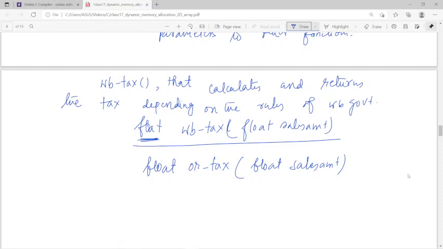So this is also another function, an Orissa tax function that calculates and returns the tax depending on the rules of the Orissa government. So to call the preceding functions we can write another function, say calc tax, as a function that will return float, and that